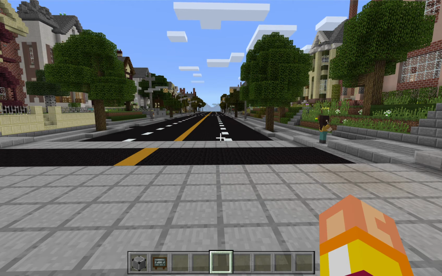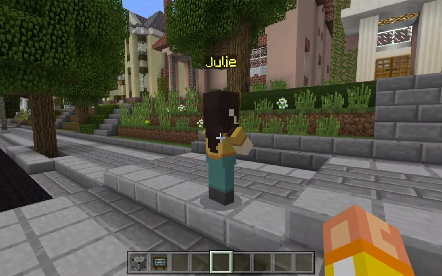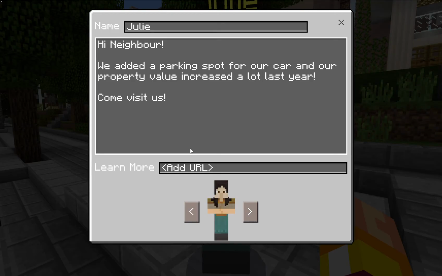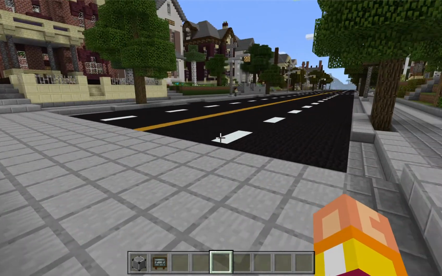So let's take a look at the neighborhood built by Gatharian. What I've done is, through this level, I've sprinkled non-player characters, all named with basic neighborhood names. When the players approach Julie, for instance, Julie's going to say, "Hi neighbor, we added a parking spot for our car and our property values increased a lot last year. Come visit us." So all of these little non-player character neighbors have wonderful advice for the students as they're going